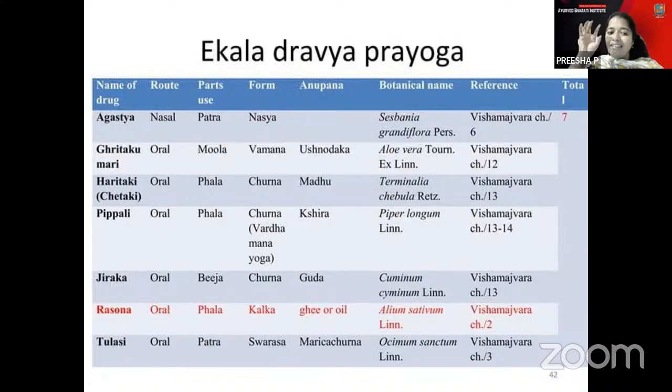That is why in the Rasona Kalka, the Rasona, we have done in the Rasashastra practical this one, but the Rasona Kalka is used in the cases of Vishamajvara. That you have to just understand. Rest is all very familiar for you, because the Tulasi is used in the Vishamajvara. You are using the Tulasi Swarasa in the Rasashastra practicals there. And then you have the other thing like...